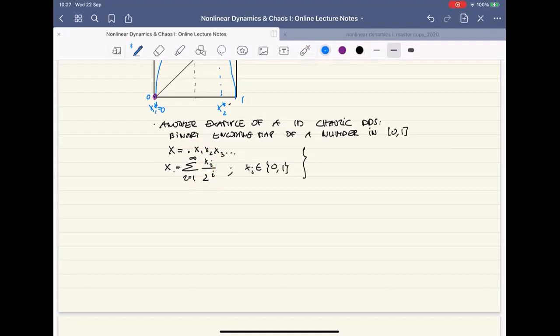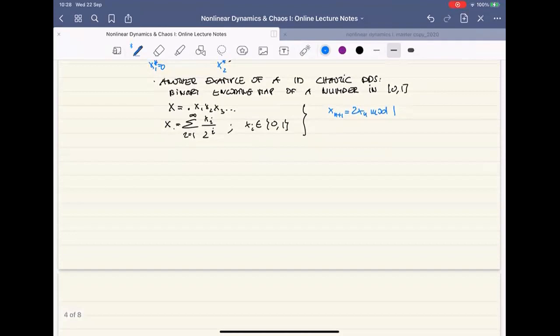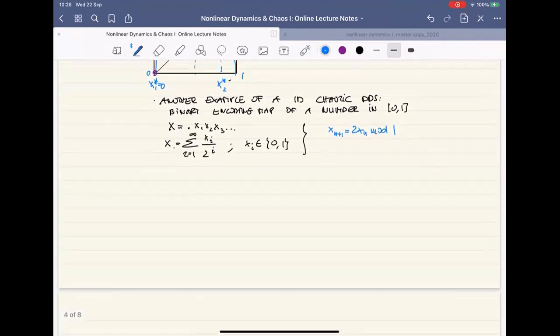But a map that actually would generate this sequence for you is this map. So you would get x_{n+1} equals 2x_n mod 1. So if you run this sequence, then you have to first figure out the initial condition. But you run this sequence, it does give you an encoding of a binary number. I'll cover this more when I talk about chaotic dynamics potentially in the second half of this semester. But I just wanted to give you the sketch of this mapping as an example,